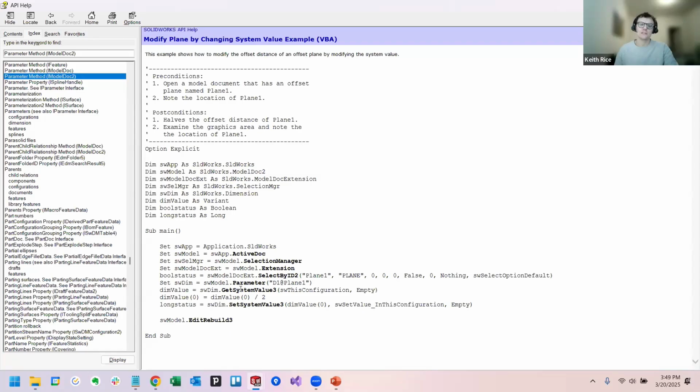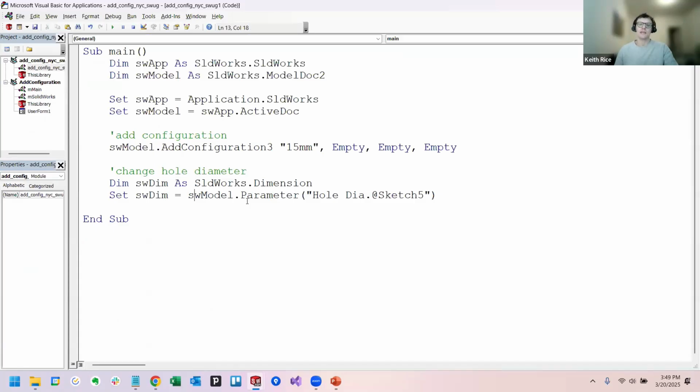And then this example actually uses the next API call that we want to use as well, because we have the parameter, we have the dimension, but now we need to do something with it. If I were to just run this code, it wouldn't do anything different from last time I ran it. Let's actually change the value of the dimension. So I'm going to say swdim.setSystemValue. So this is an API call that belongs to that iDimension interface. Should make sense that we need to get access to a particular dimension before we can set its value. And we're going to use